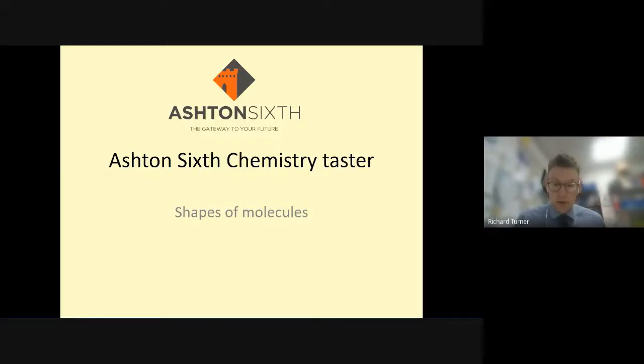And I just wanted to go through a little taster of what's to come here in September, looking at something that you're familiar with, something that you've studied at GCSE, but bridging a gap between that and A-level. So taking something we've looked at and just extending the idea a little further. So we're going to look at the shapes of molecules today. So up on the screen,